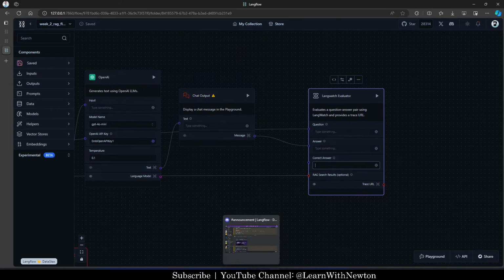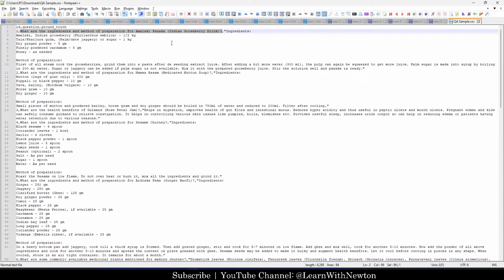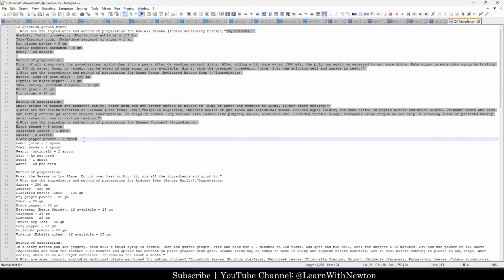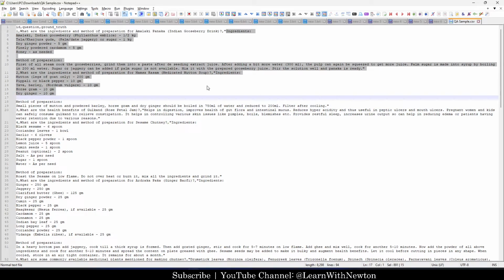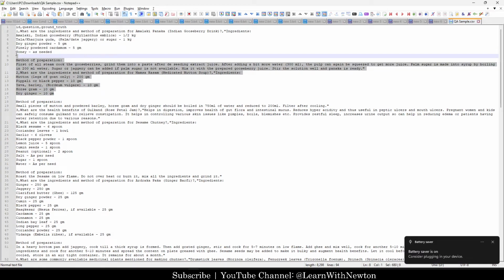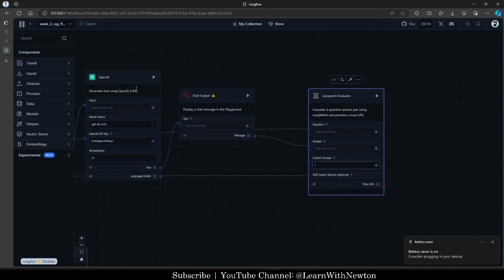So I've opened the CSV file in Notepad++. You see, for this question, what we are expecting is this answer. Like, what are the ingredients and method of preparation for amloki? And so you can see the ingredients and method of preparation here, right? So this is an expected answer or actual answer. If your prompt or your OpenAI LLM is giving the proper answer, then that confirms that your